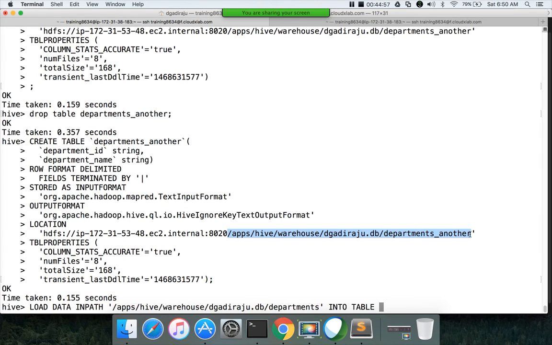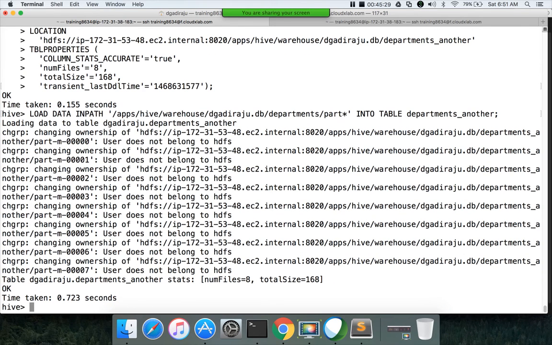So you have to be careful. Sorry, I have to give that table name. You have to be careful when you try to run this command. Okay, the reason is whatever you have specified here, it will try to delete. That means you will lose the directory which is created for table departments. So instead of using the departments directory directly, you can give patterns for the file names which you want to copy. Then only the files will be moved. The directory will be intact. It will not delete the directory. But if you give the directory name, it will delete the directory. That's what happened earlier, right?